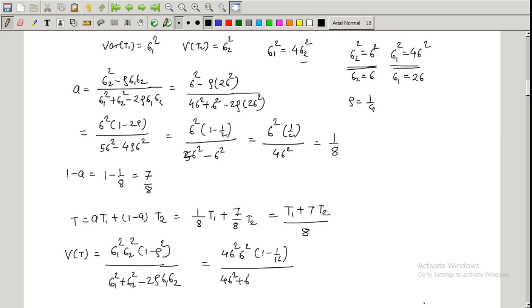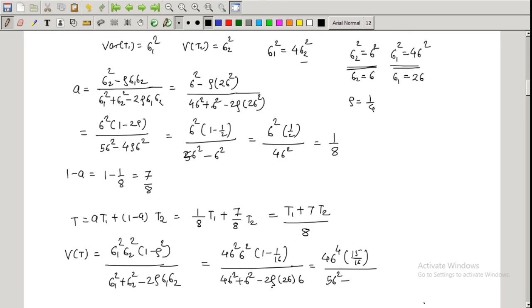Only sigma square, minus 2 times rho. What is sigma 1? Sigma 1 is twice sigma. And what is sigma 2? Sigma 2 I replace as sigma. So which is equal to, here we get 4 into sigma raised to 4, and 16 minus 1 is 15, so 15 by 16, divided by 4 sigma square plus sigma square is 5 sigma square,